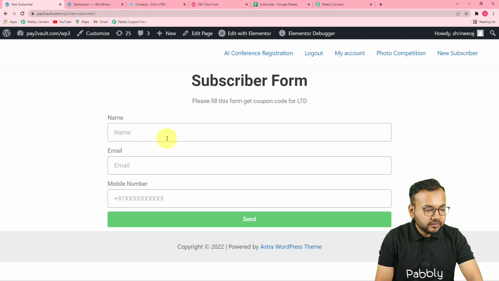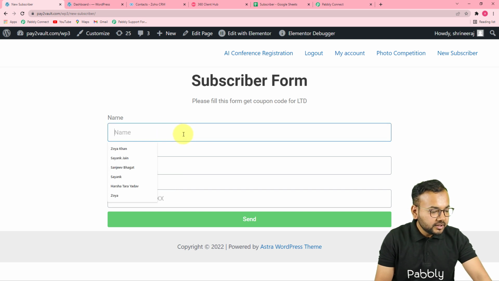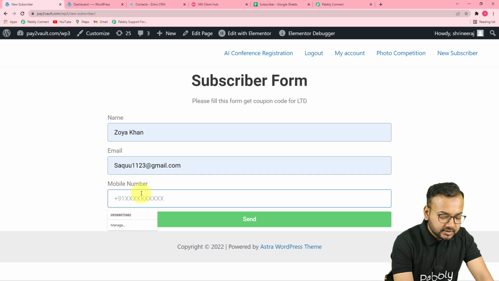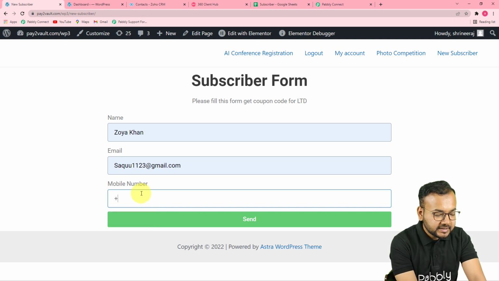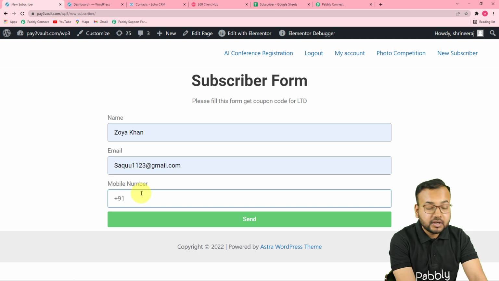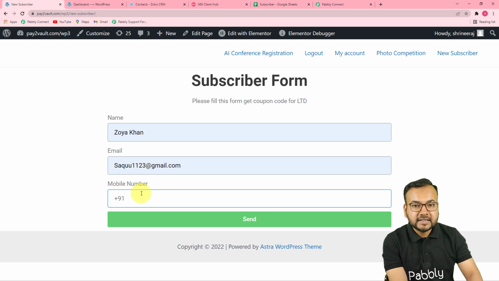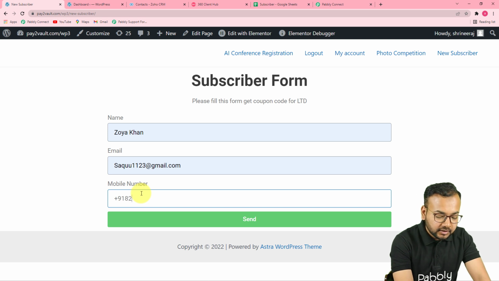Okay, so this is the form, and let me fill this form here with this name. Let's say Zoya Khan is filling this form. This is the email ID and this is the phone number. So you have to fill this phone number with a plus sign and 91, or whatever your country code is. You have to fill the mobile number with the plus sign and the country code. Okay,